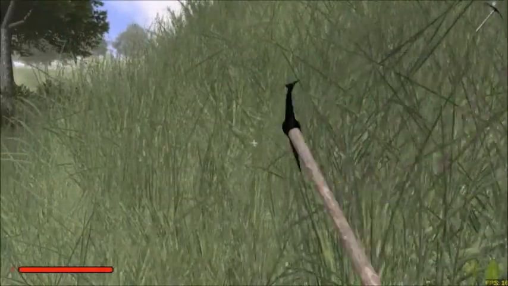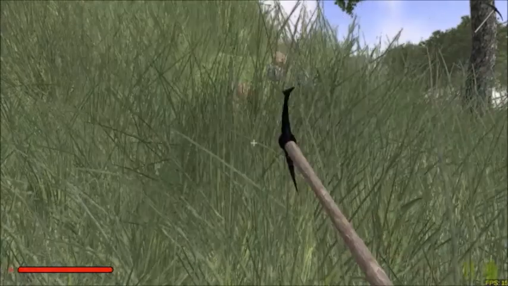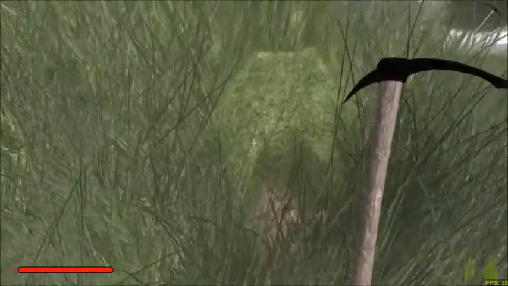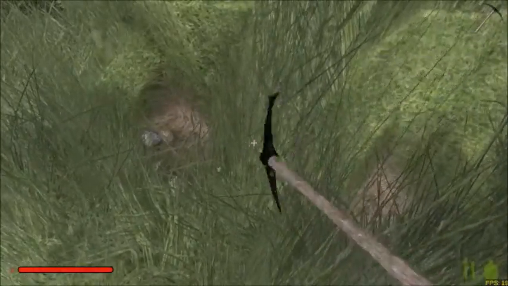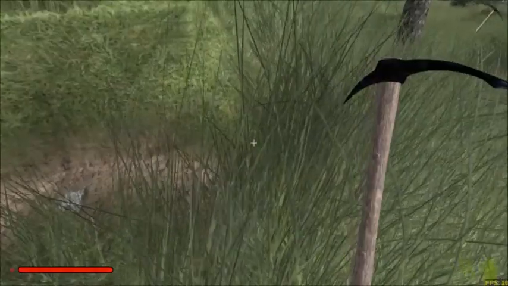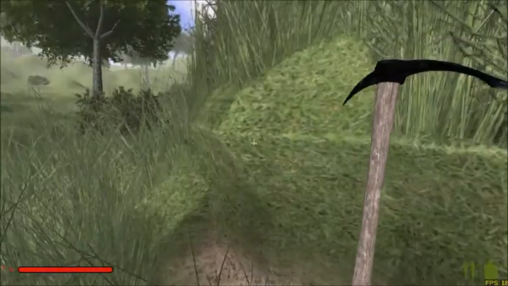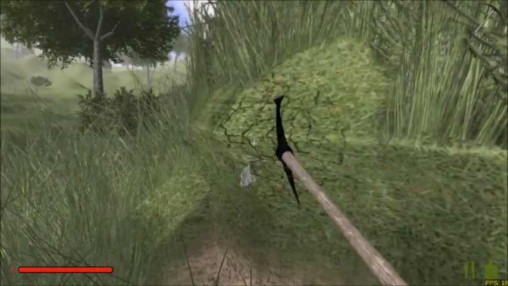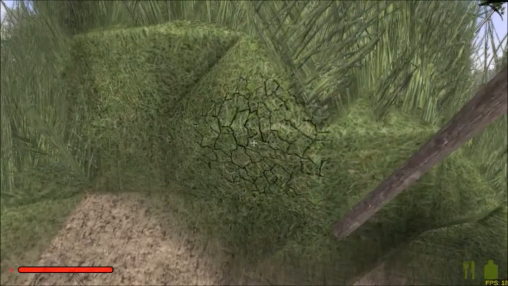So you can see over here this little hill. If I do this, I've still got grass there. There is a way to remove the grass. There's a scythe and a rake. But I just want a wall. Flat uniform wall. You can see there's rounding off,